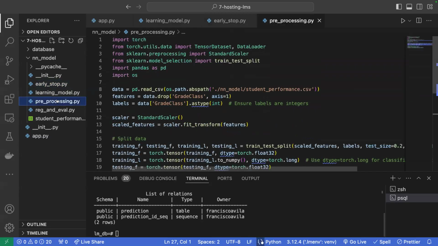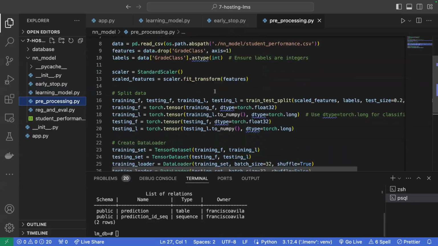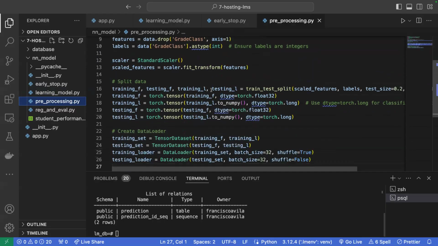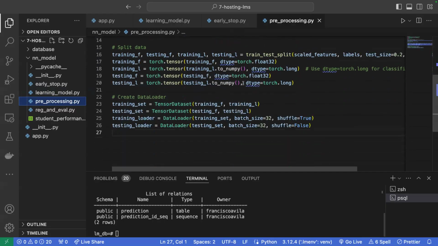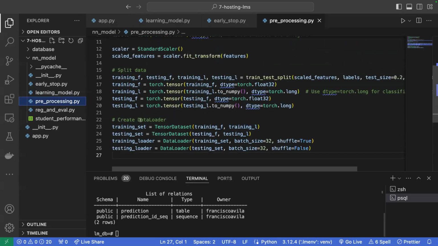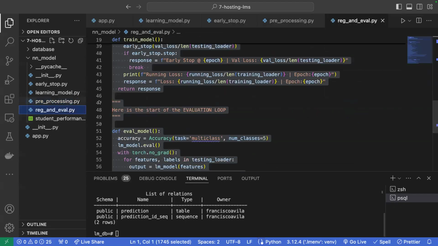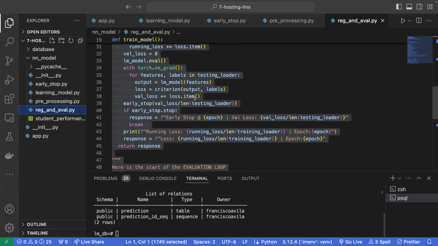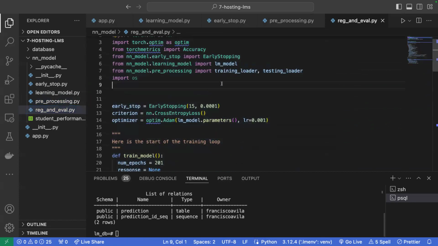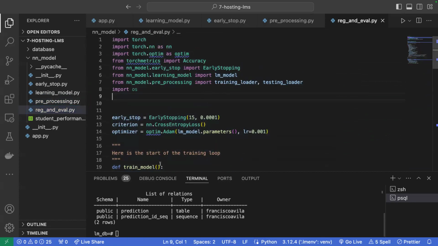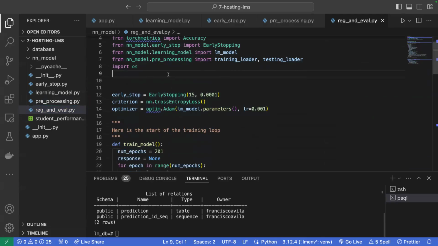And then I have my pre-processing script for being able to grab data, turning our data into readable information, and having my training and test loaders at the end of said script. Finally, all of this gets used inside of my regulating and evaluating script, where I bring in